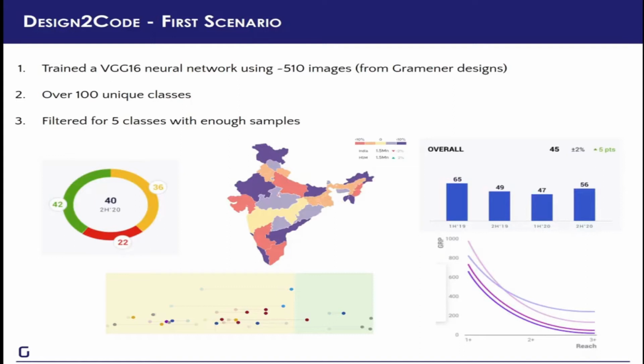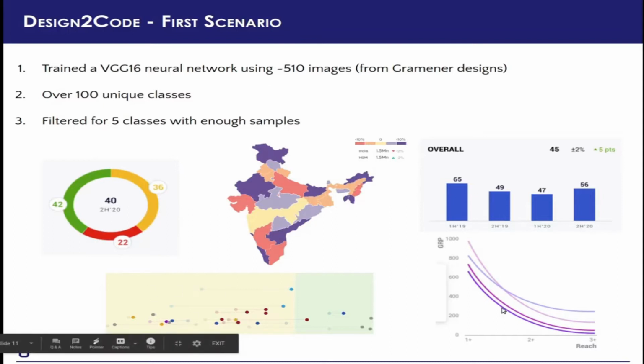By the end of the exercise, we ended up with over 500 images of charts classified into more than 100 categories. For example, this is something that we just called a donut chart. But under donut chart, there are multiple types of charts, which our designer friends and other colleagues were able to fine tune for us, make very granular labeling for each sample. In order to keep things simple though, we just restricted the training data to only the 5 most popular types of charts, which are essentially bar charts, donut charts, maps or choropleths, scatter plots, and multi-line charts.